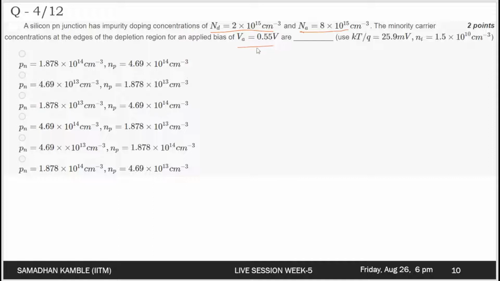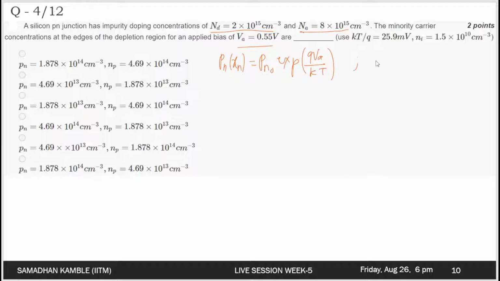So the applied bias is given and the impurity doping concentrations are given. Using the law of the junction, the minority carrier concentration Pn at xn is given as Pn naught, that is at equilibrium, times exponential of QVA by KT,